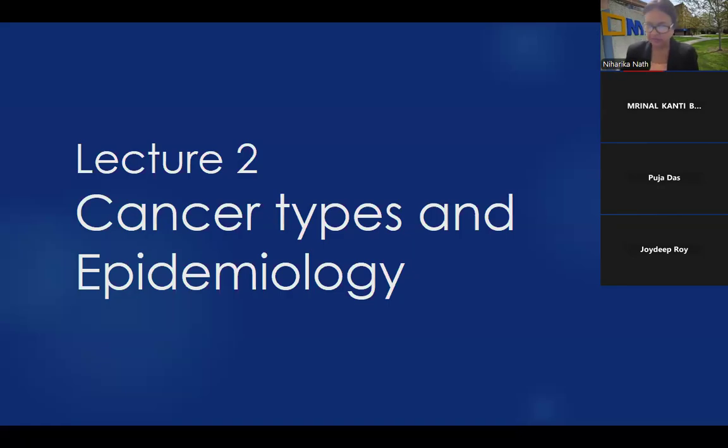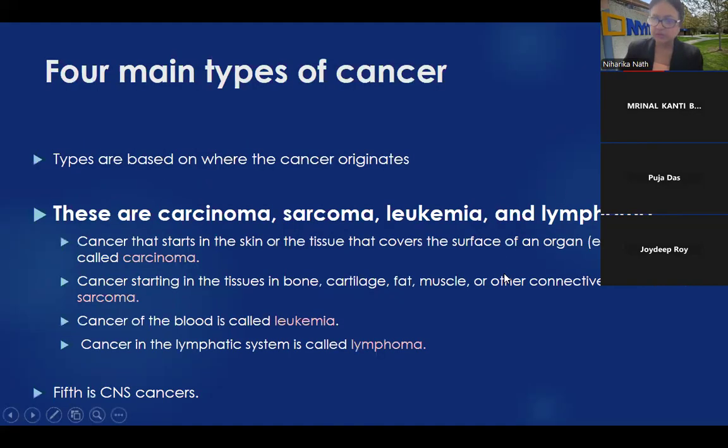So we will try to understand the cancer, various cancer types, how they are named, what it means. It's a lot. And then we look at the epidemiology, meaning in which parts of the world, what are the cancers and which ones have more, which ones have less. A little bit about India. I put in some data. So that's the agenda for this particular talk.